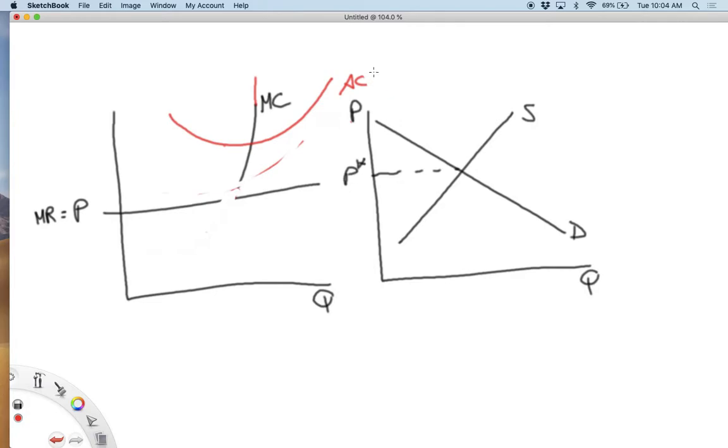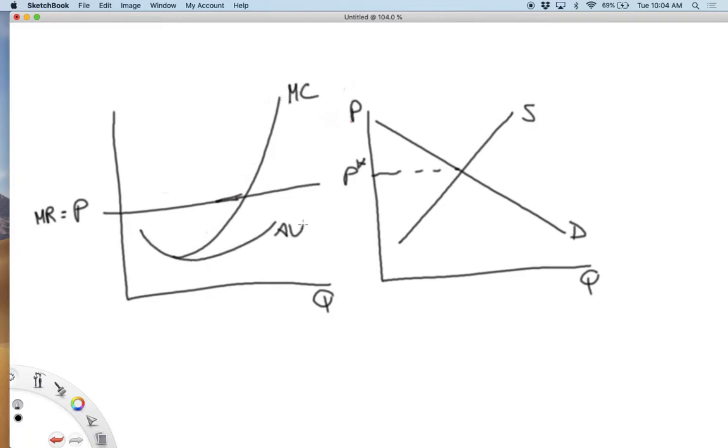We talked about the shutdown condition, right? And we've just figured out that in the short run, all those points on the marginal cost curve above the average variable cost are the supply curve of the firm. So let's say the average variable cost curve is down here, which means these are all parts of the